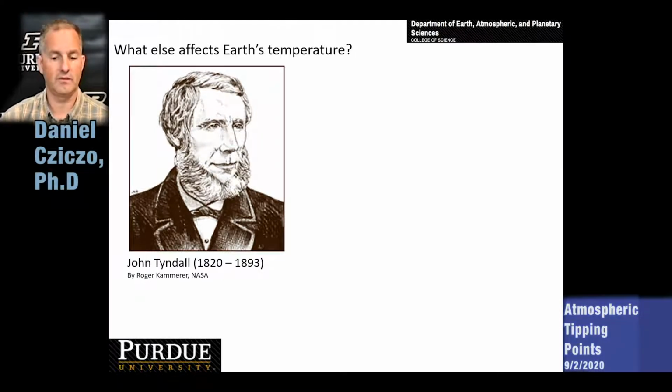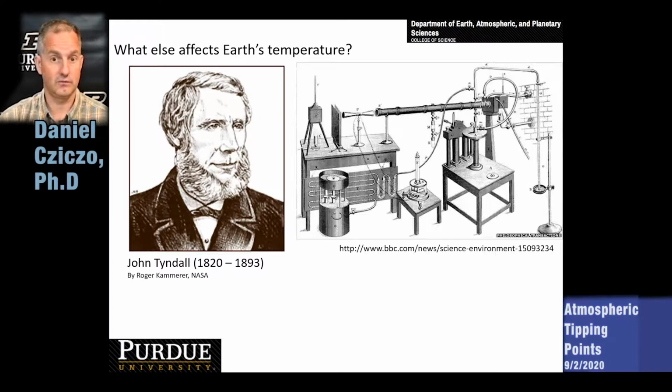And these really date back to folks like John Tyndall and another scientist, Eunice Foote. Tyndall and Foote did a number of different experiments looking at different gases that could impact temperature. And so we'll slow down here and try to explain this for a few moments. What Tyndall did was built an instrument. He called it a comparative spectrometer. It was basically a very fancy tube that he was able to fill with different gases. And then he was able to pass different types of light through that tube.